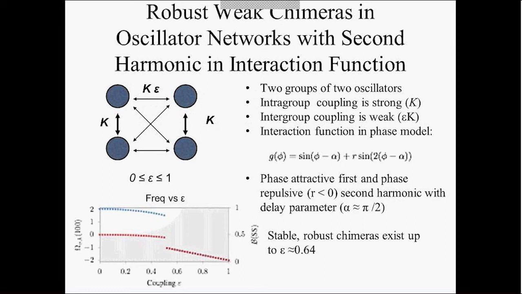And so this is a diagram of our experimental setup. We have 4 elements that are connected at a coupling strength K, and then there's a scalar epsilon, which weakens the coupling strength between the two groups. So that way there are intragroup and intergroup connections in the system. The interaction function that we employed on the system